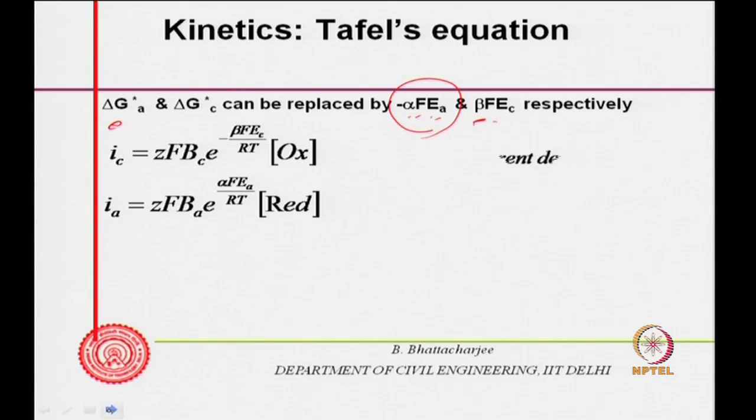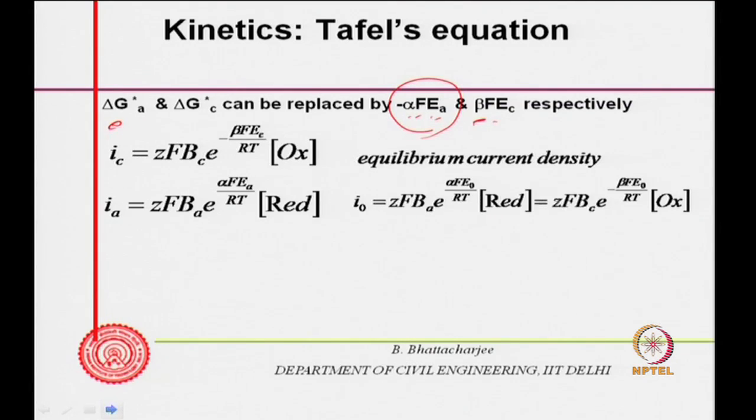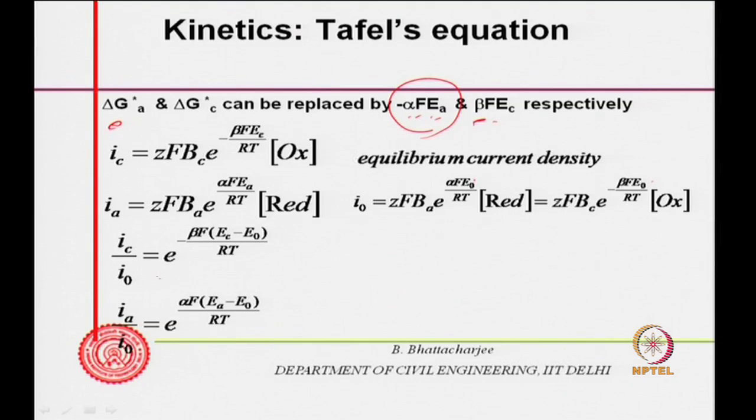In this manner we can write it. At equilibrium, the current density of these two will be the same. If I call this I 0, I will get this kind of relationship, these two will be the same: Z F E B. So this will be E 0 and this will also be E 0, and then if I write I C by I 0,